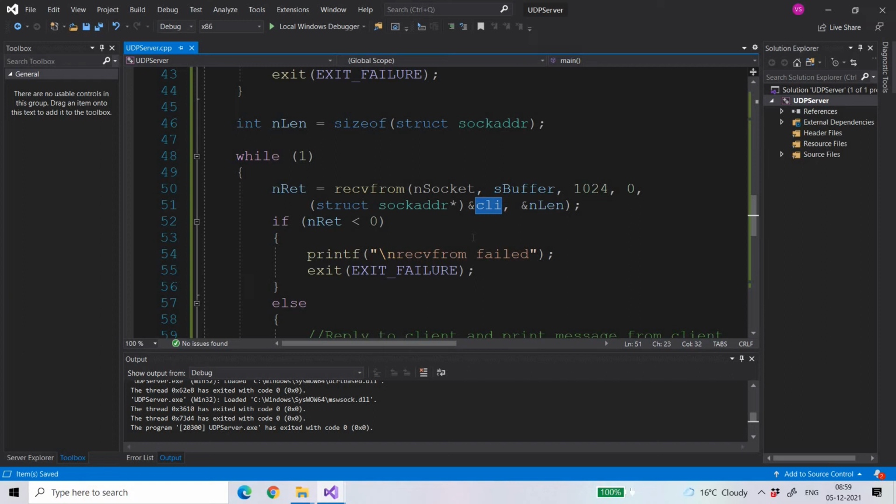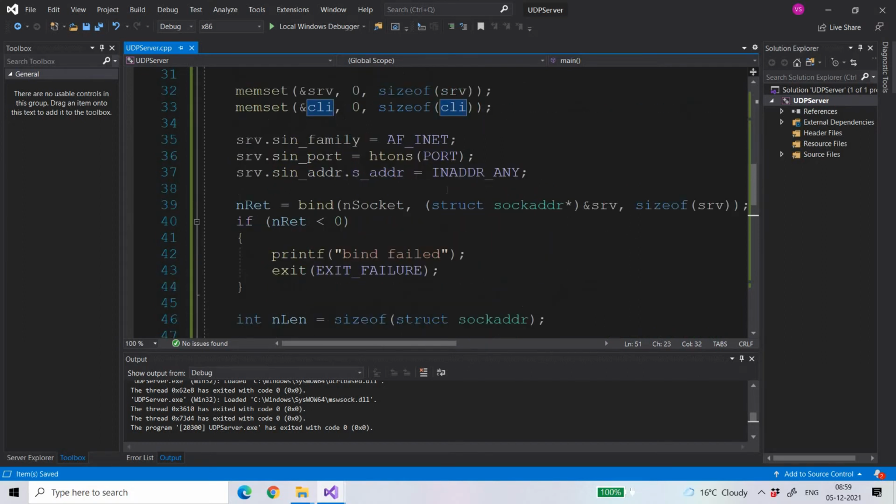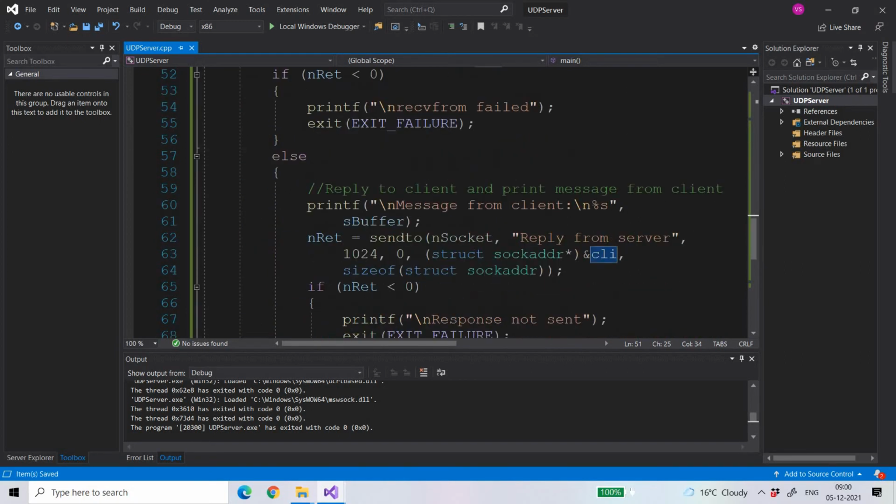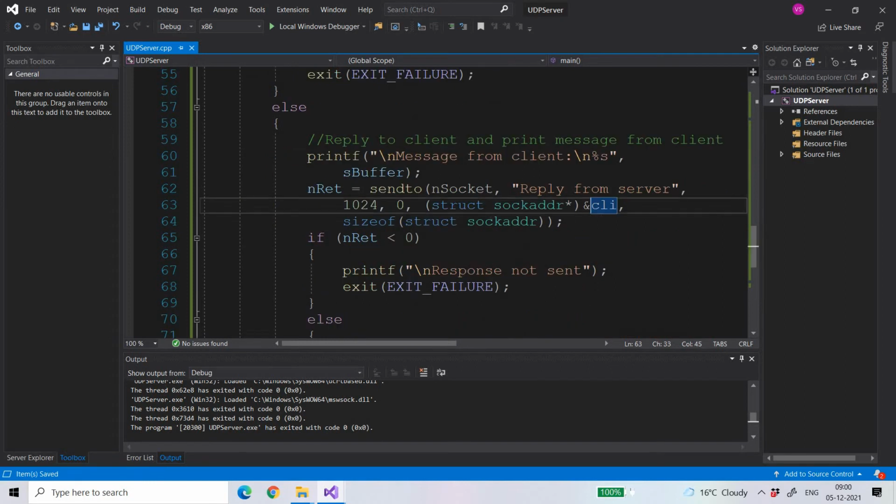If you receive it, then only you will be able to send the reply back to the client, because this is the structure, the CLI, where all the information about the client will be received, and when you reply, you will need this CLI back. You can see that in the send to function I have again used this CLI, right?